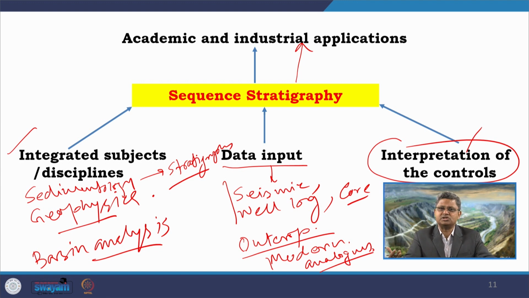Very commonly that is done in the oil industries. So, the application of sequence stratigraphy apart from the predictive exploration of petroleum or hydrocarbons, it can have much wider applications. For example, for the exploration of coal, for the exploration of placer deposits, which also includes certain critical